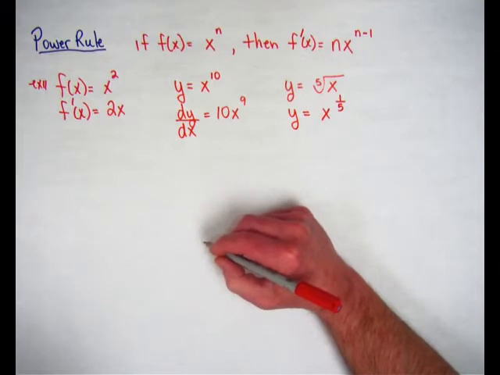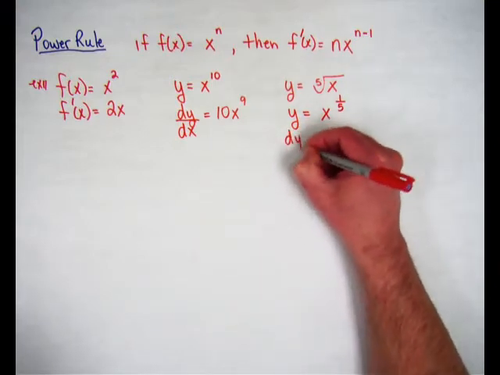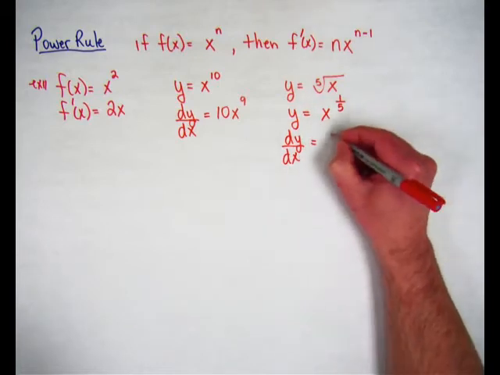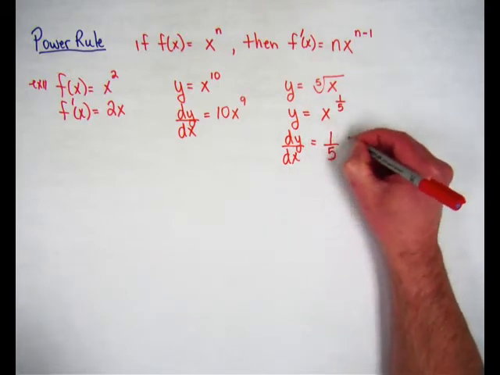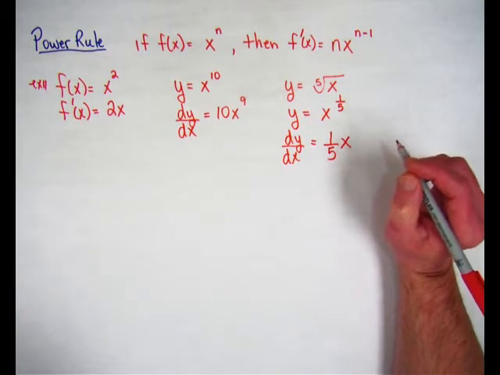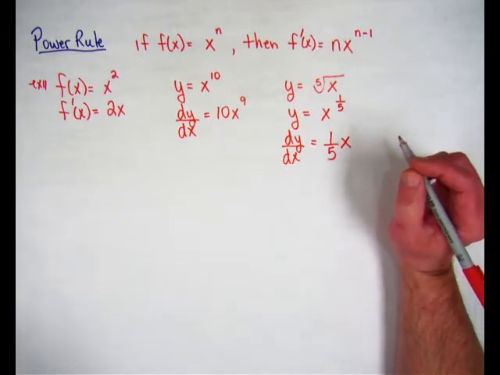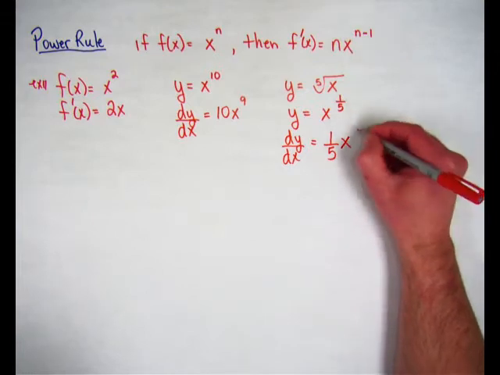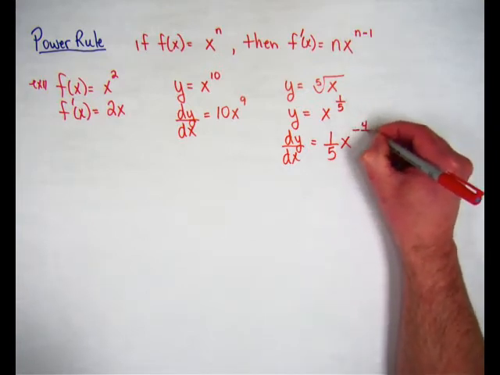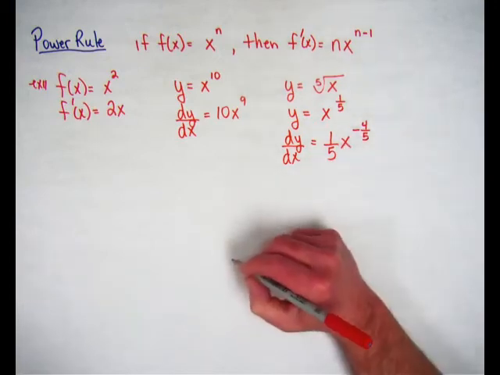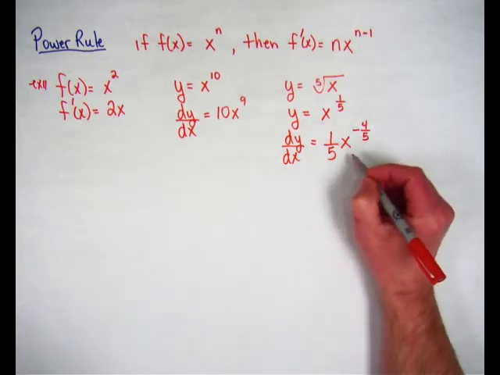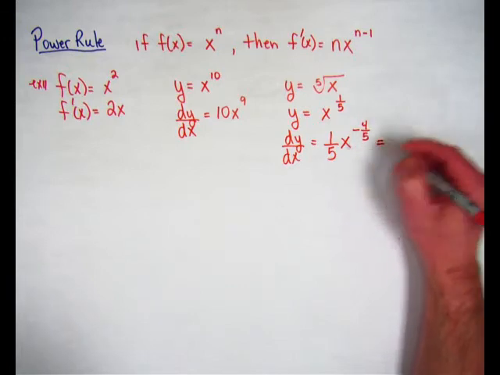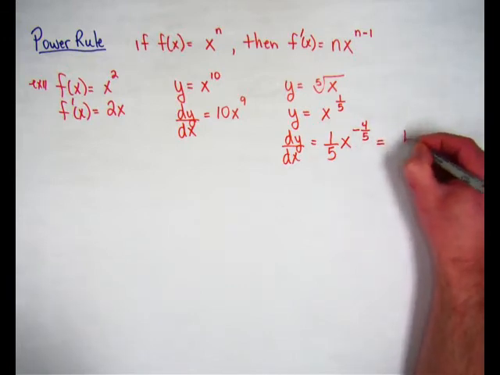Now we clearly have a power, so the derivative, dy dx, would equal, according to the power rule, we would multiply the 1/5 out front, subtract 1 from the exponent. If you subtract 1 from 1/5, we need to change the 1 to 5/5, so this would become minus 4/5. Now you can leave your answer like that. Some people would rather you take the negative exponent and move it to the bottom, so you could write your answer as 1 over